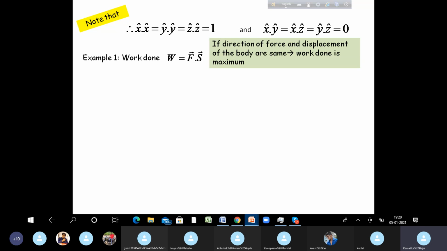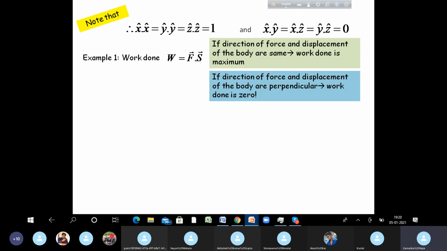So if the body is displaced in the same direction in which the force is acting on it, then work done is maximum. On the other hand, if the direction of force and displacement are perpendicular, then work done is 0. So no matter how much force you give, if the body is displaced at 90 degrees to the direction of force,